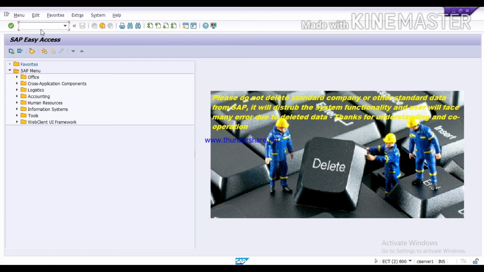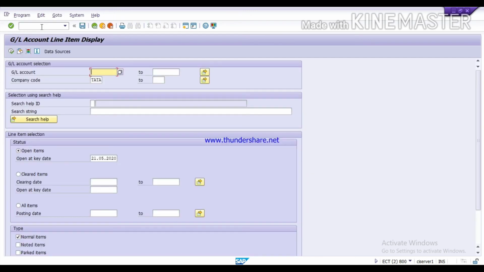Now we will check the report, FBL3N. Company code and cleared items. Enter.